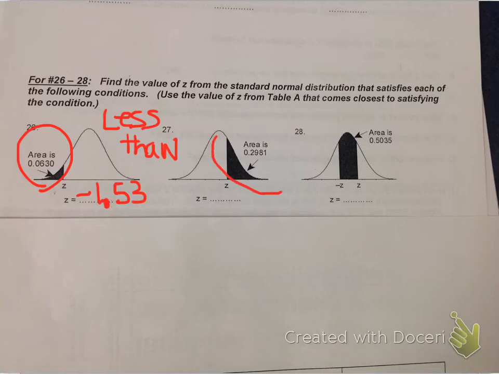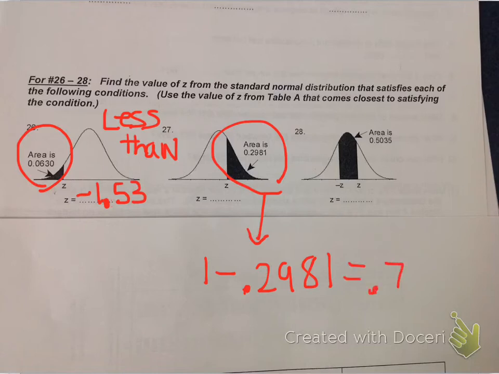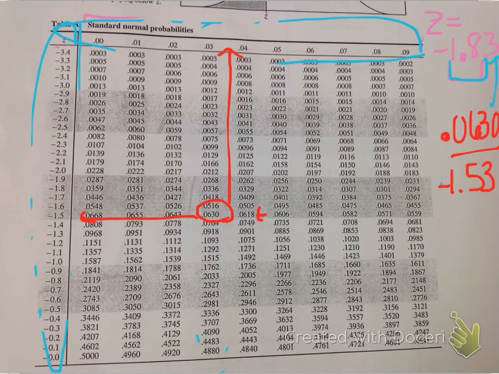Next, you'll notice that this area is greater than. When you see it as a greater than, the first thing you need to do before you go to the table is do 1 minus 0.2981. Why am I doing this? Because it's a greater than, and the chart is always less than. When I do that, I get 0.7019. So now what I need to do is go to my chart, and I need to look for